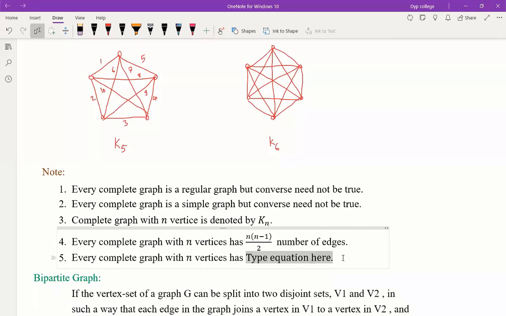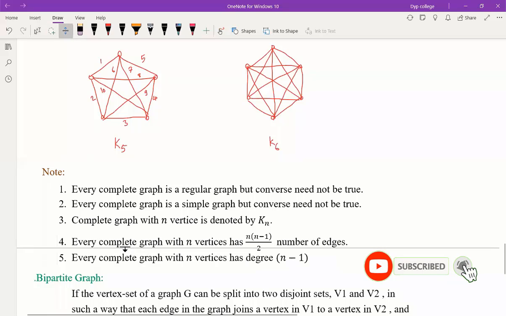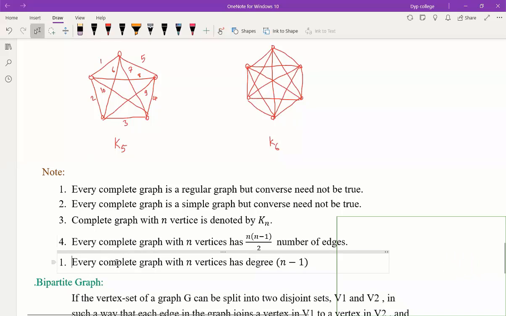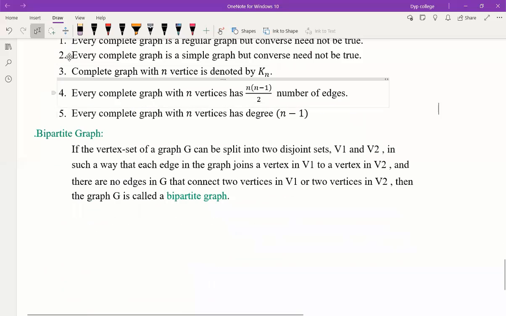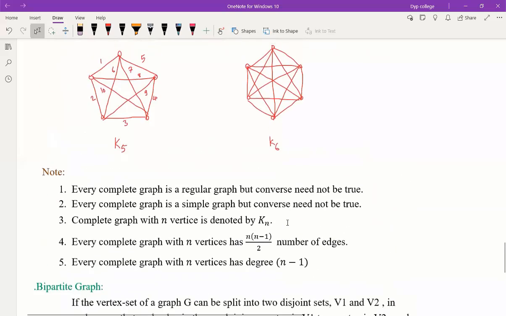Okay, so every complete graph with n vertices has degree n minus 1. ठीक है, ये एक एडिशनल नोट होगी. मतलब अगर n vertices complete ग्राफ है तो उसमें हर एक वर्टेक्स की डिग्री क्या होगी? n माइनस 1 होगी. मतलब it is a complete graph with the 6 vertices K6. तो K6 में हर एक वर्टेक्स की डिग्री क्या होगी? 5 होगी. Okay, so like that we can find out the degree of each vertex. So that is the complete graph, the third type of the